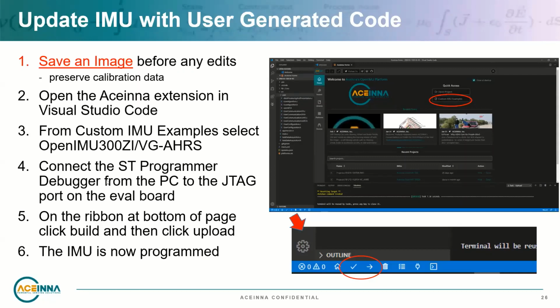The steps are to open the ACEINNA extension in Visual Studio Code, select the desired example, and then connect the ST programmer and debugger as shown in the last connection image. And at that stage, you'll notice that at the bottom of the page, there's a tick box and an arrow. Clicking the tick will build the application, and clicking the arrow will upload it to the OpenIMU. And at that stage, the OpenIMU will be programmed. So just to show that in practice,